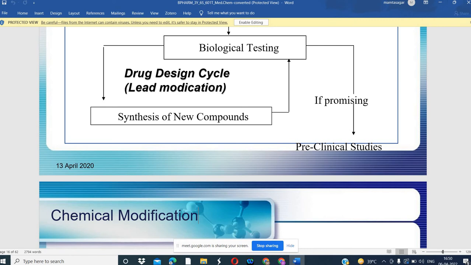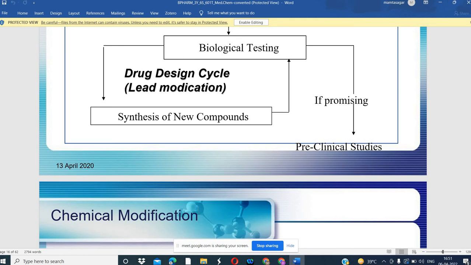By shuffling the group at the ortho, meta, para positions, we can get a new set of compounds. Synthesis of new compounds is done. We generate the library, we make so many virtual molecules, then we synthesize those molecules in the laboratory. Again we do this process, biological testing. Again the process is repeated. We do the biological testing for the new compounds, how they are working against the target molecules. Okay, so if promising, then